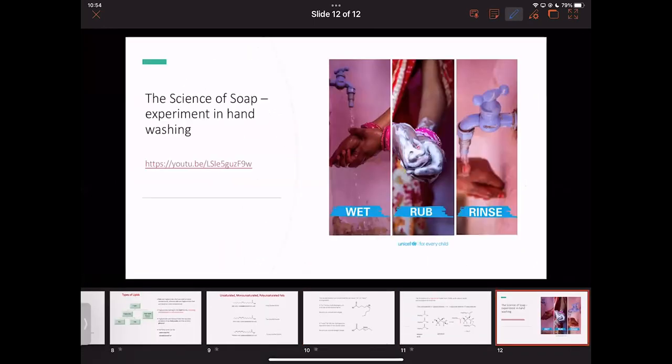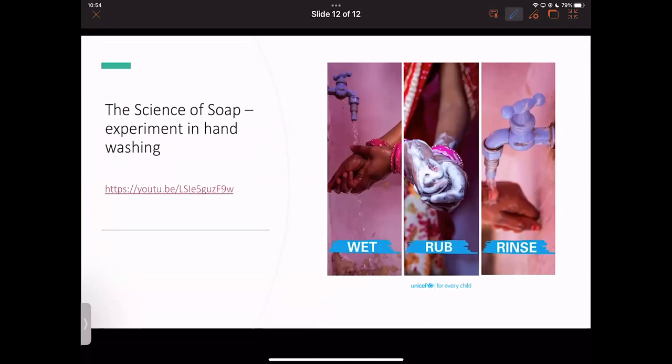So we are going to talk about now, look at one last thing, which is how soap does become important in the process of killing this virus, and how the hand washing is really something we can all do. So let's take